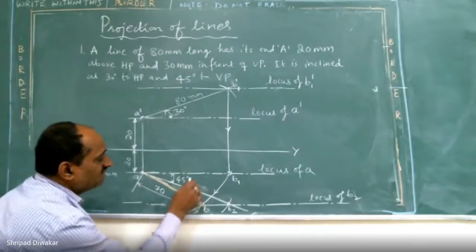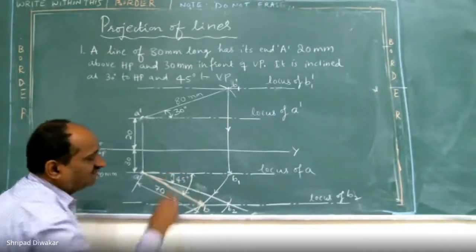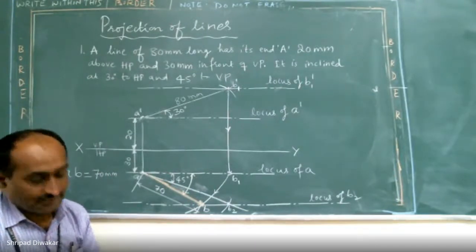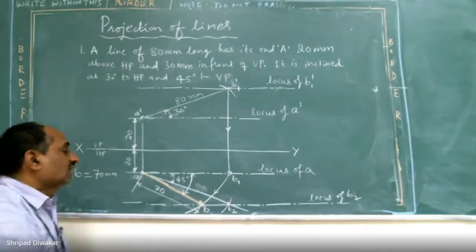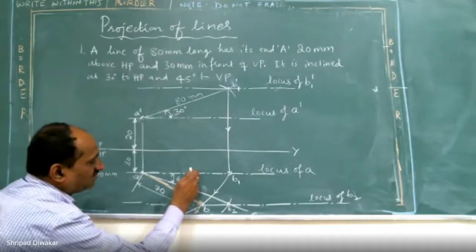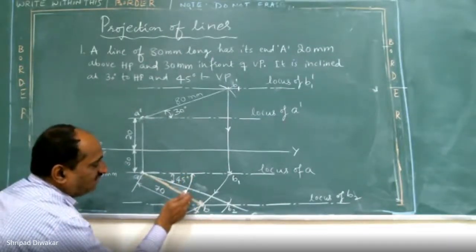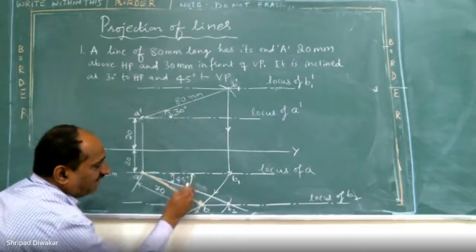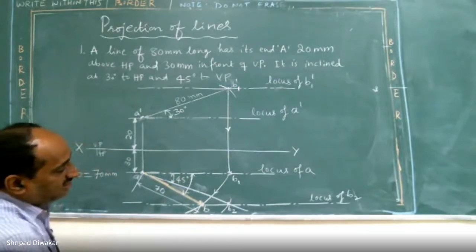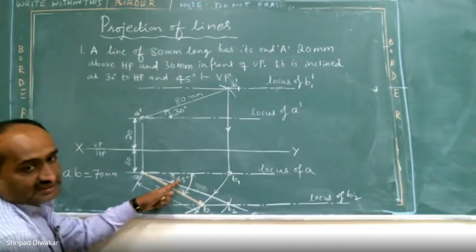Similarly, can you measure anybody's drawing in the sketchbook? Anyone is trying out in the sketchbook? Here, this angle, whatever I am showing now, from this locus line to this apparent length, is called the apparent inclination with respect to your VP. And this angle should be always greater than your given inclination. So you are getting 55 degrees, sir. How much? 55. Exactly, 55 degree, correct.